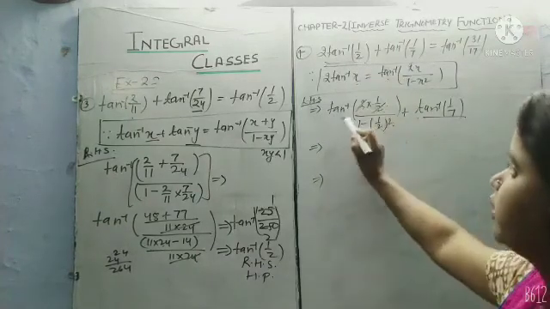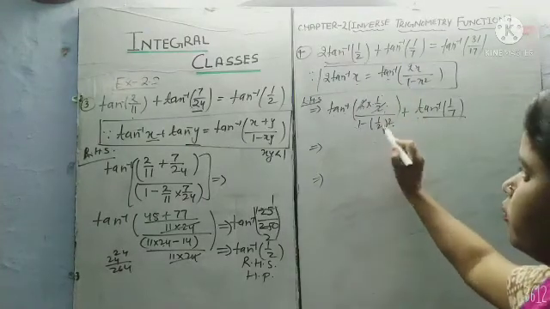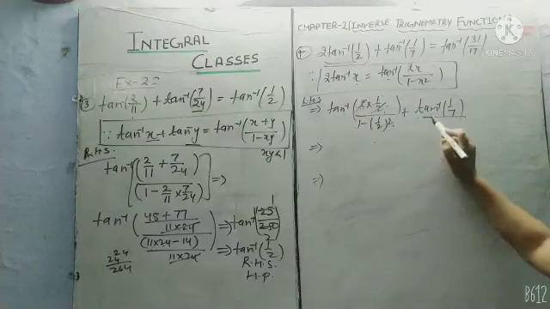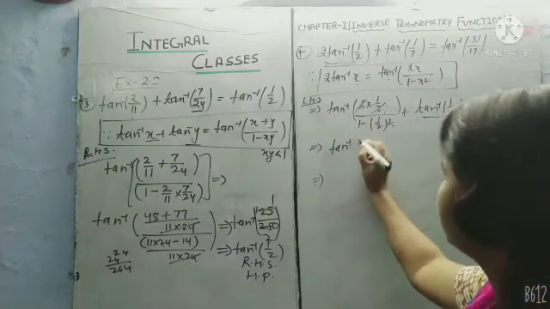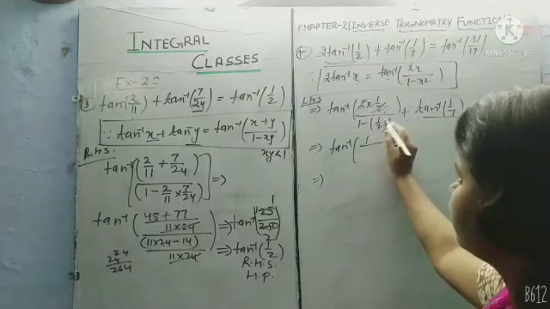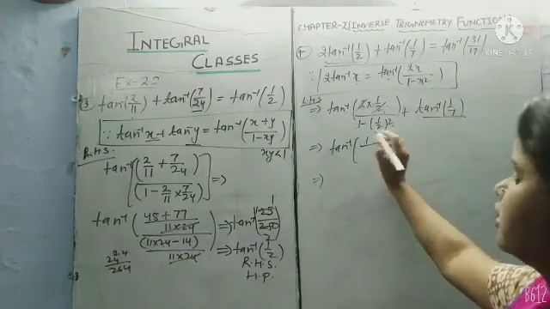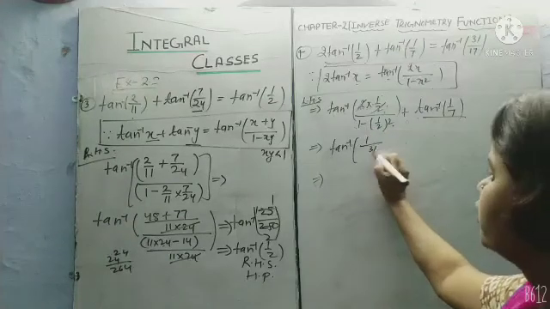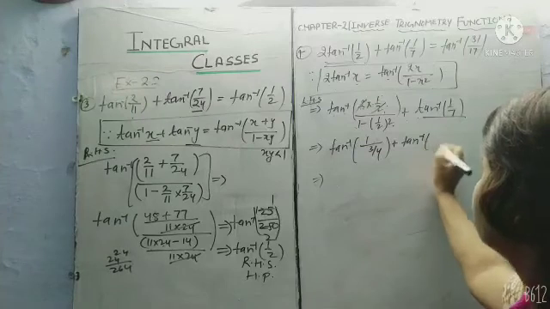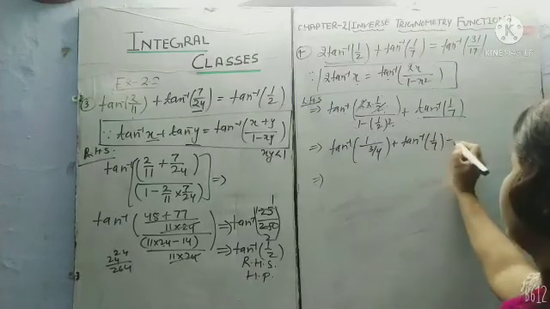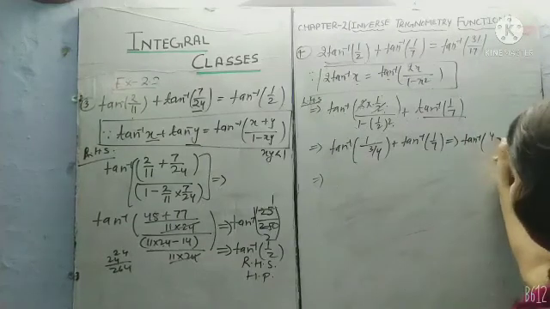So it will become tan inverse 2x is equal to 1 by 2, (1 minus 1 by 2) whole square, plus tan inverse 1 by 7 as it is. Now we will solve here. Then 1 upon 1 by 2 will become 1 by 4. 4 is the LCM. 1 minus 1 by 4 is 3 by 4, plus tan inverse 1 upon 7. Then we will get tan inverse 4 by 3.